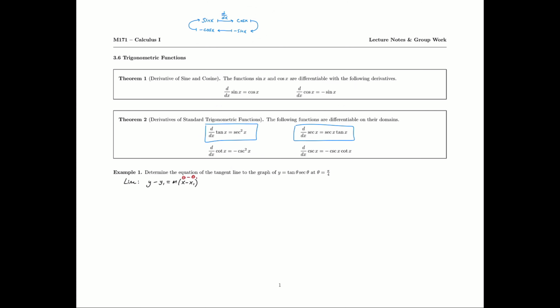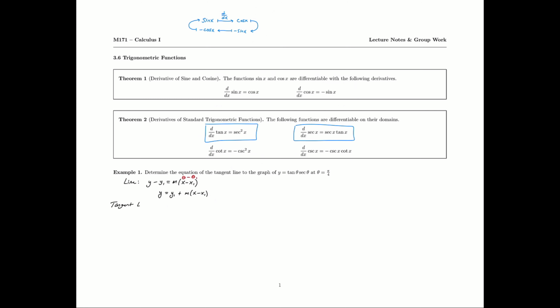If we solve this for y, not that we need to, this would be y1 plus m times x minus x1, or theta minus theta 1. That's just point slope form for any line, and then adding y1 to the other side. A lot of times on web work, it's solved for y, so that's why I am familiar with and in the habit of doing this. Now for a tangent line,